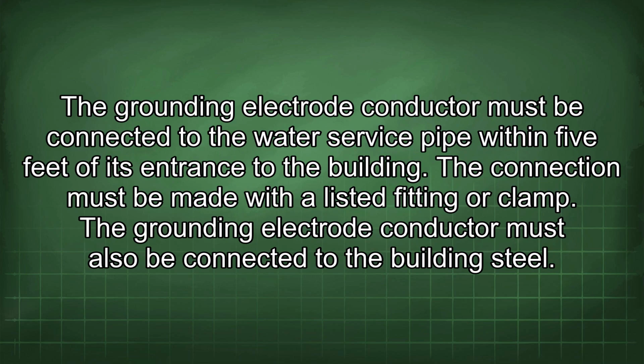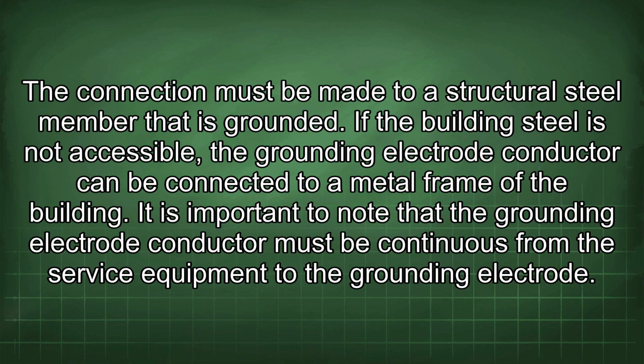The grounding electrode conductor must be connected to the water service pipe within 5 feet of its entrance to the building. The connection must be made with a listed fitting or clamp. The grounding electrode conductor must also be connected to the building steel. The connection must be made to a structural steel member that is grounded. If the building steel is not accessible, the grounding electrode conductor can be connected to a metal frame of the